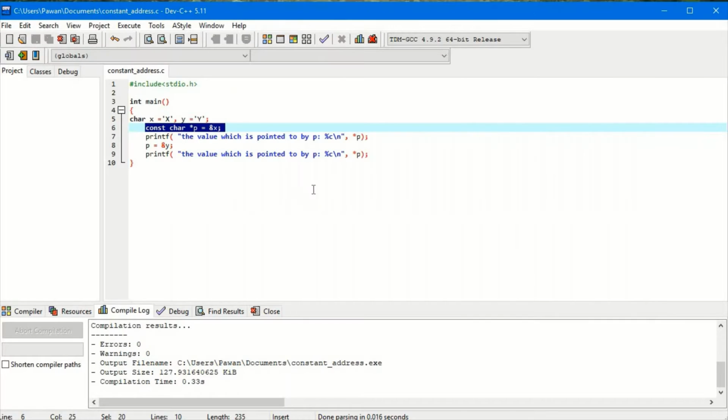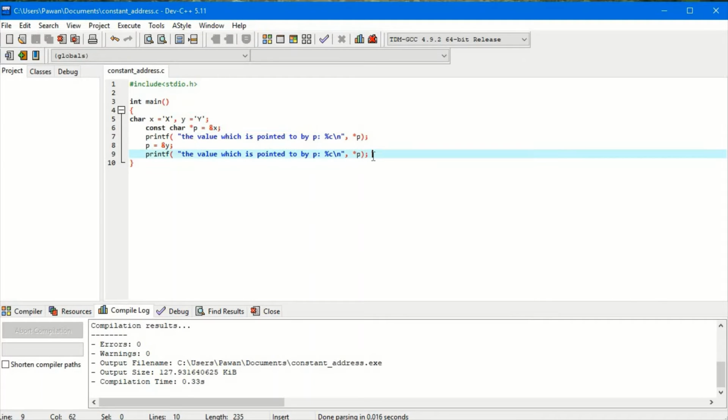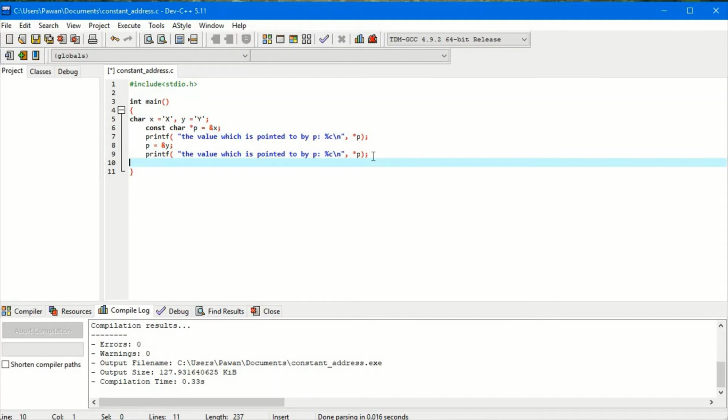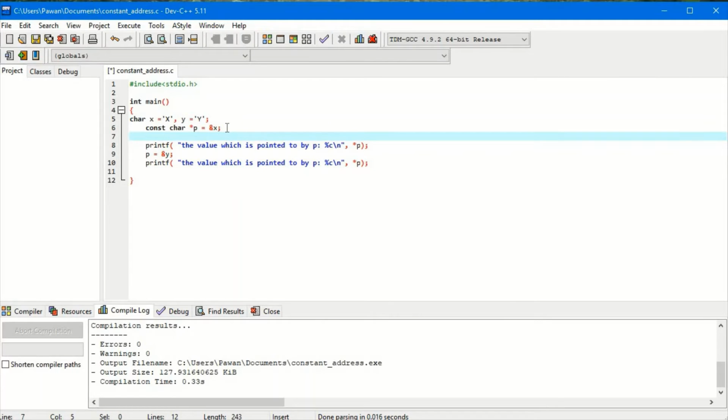One thing I also need to tell you here: you cannot write asterisk p equals to some value, because asterisk p is constant.